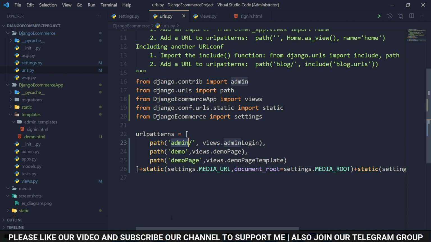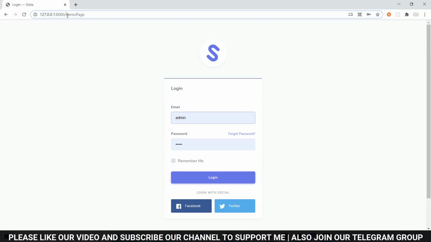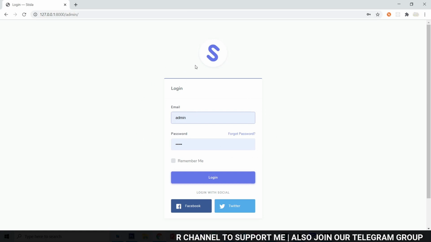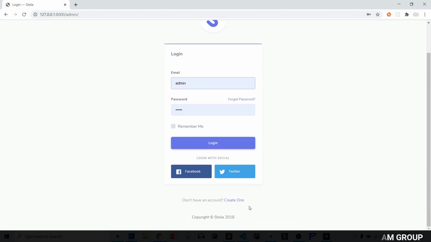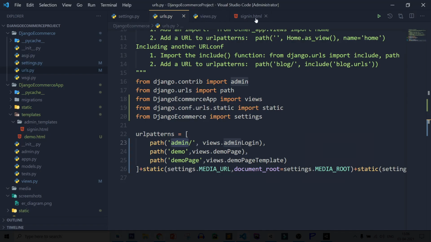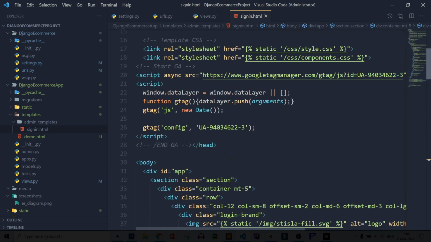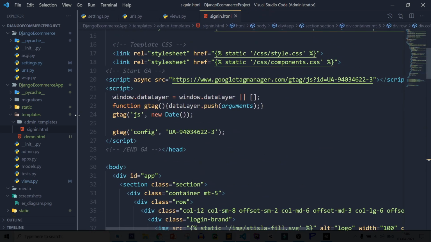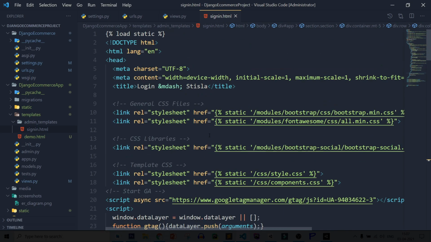So copy the path, back to Chrome, open admin, and you can see our admin page is showing. Now after that, let's do some customization. So here let's change everything. First let's see what it contains. So here first, login, super coders e-commerce or super coders store.